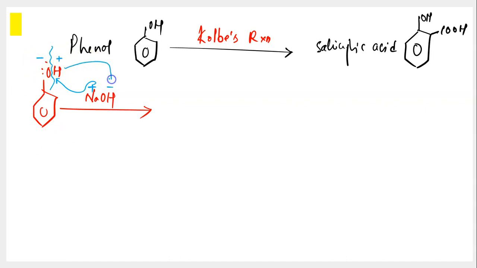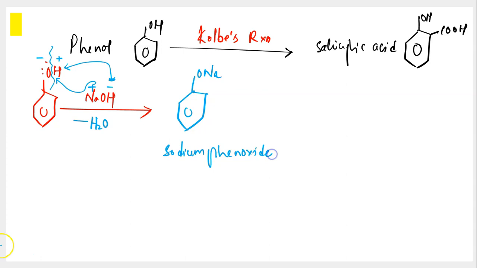So this H plus would be attacked by the OH minus. In fact, OH minus attacks H plus, altogether leading to formation of ONa. Along with that, you will have H2O, and I'm writing H2O just below the arrow mark. It is minus H2O. You're losing H2O over here. Alright. So the molecule which is formed is benzene with an ONa group. This molecule is called sodium phenoxide.